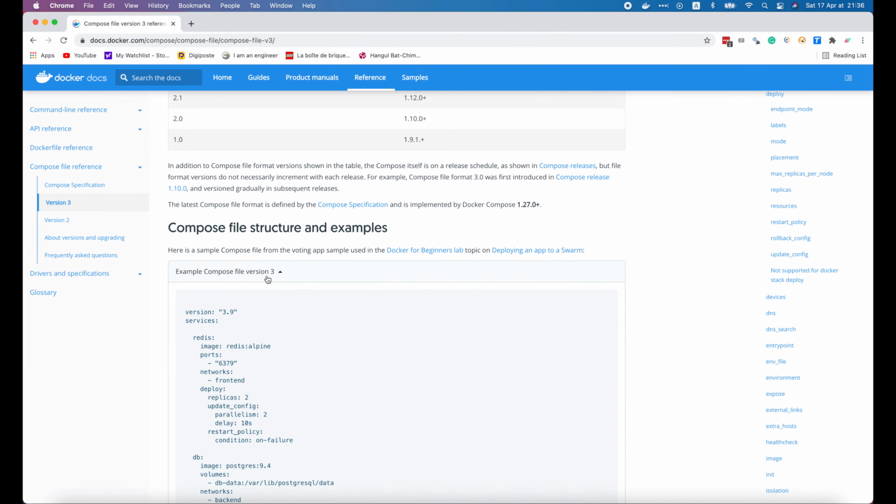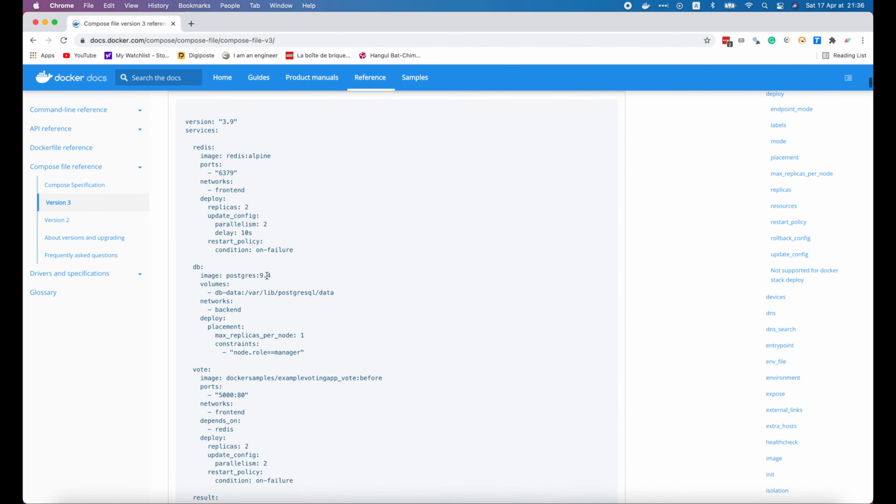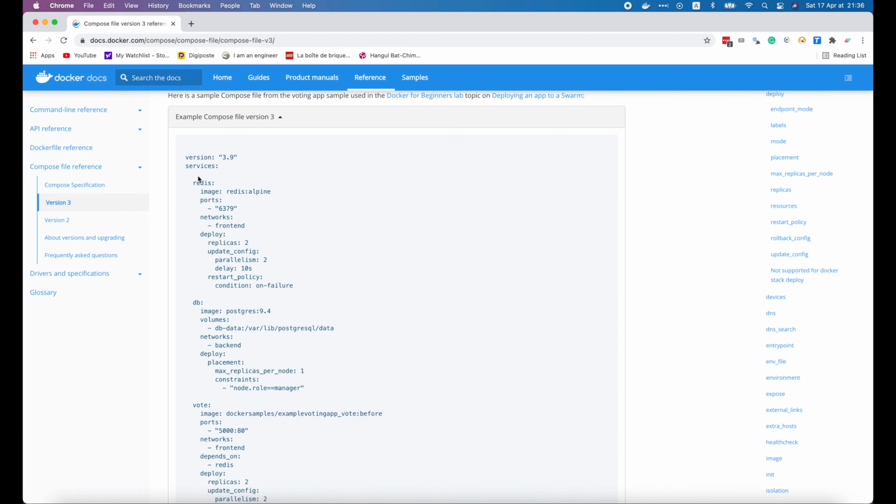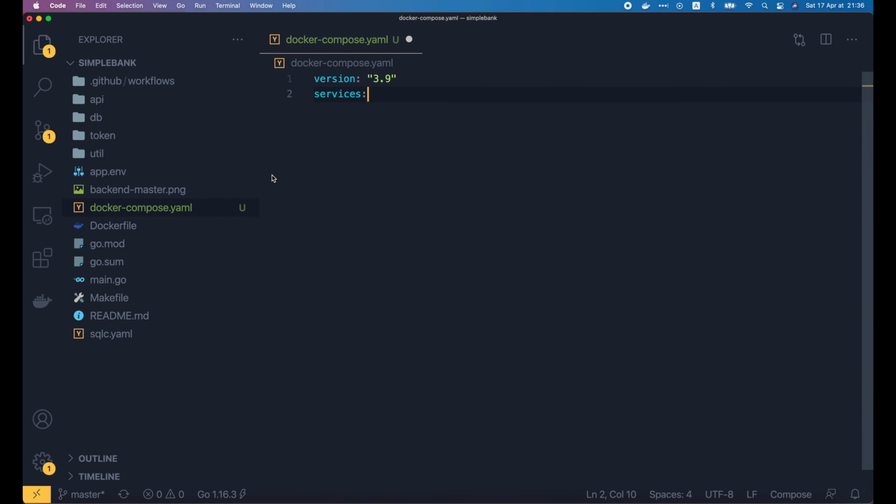Here in the center of the page, we can see an example Compose file. Basically, you define the Docker Compose version, then a list of services you want to launch together. In this example, there's a Redis service, a PostgreSQL service, and some other web services for voting and computing the result. Now I'm just going to copy the first two lines of this example and paste them to our docker-compose.yaml